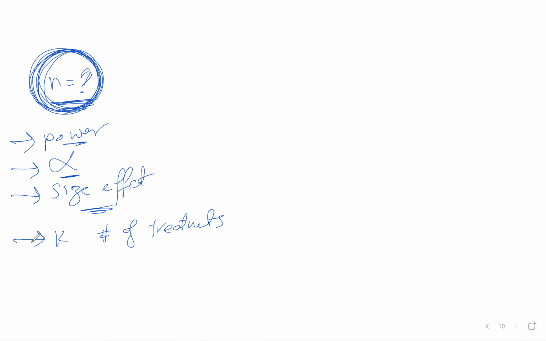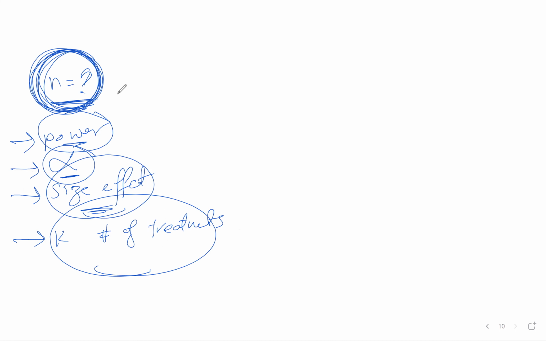There is a function in R that we covered that, once you give the power, the significance level, the size effect, the number of treatments, it gives you the sample size that should be used. If the sample size is 5.2, you approximate it to be 6. You always round it up. This is chapter 3. Done. Any questions?